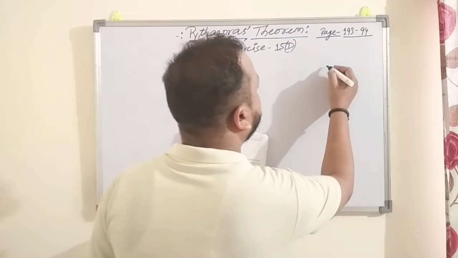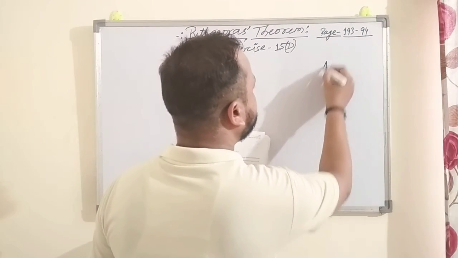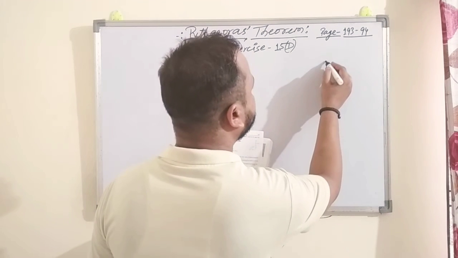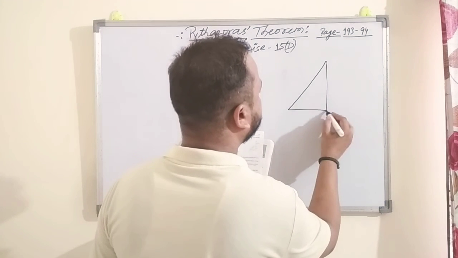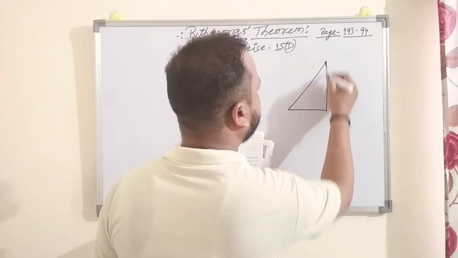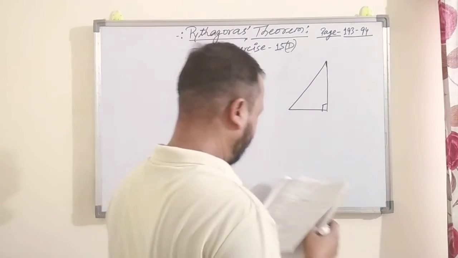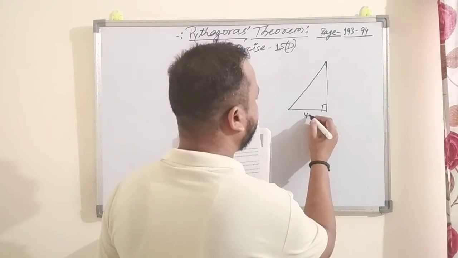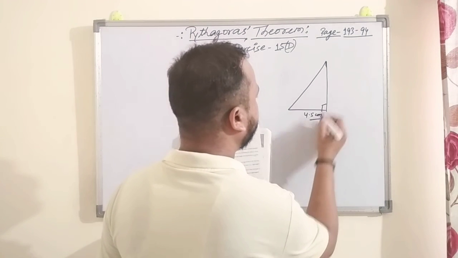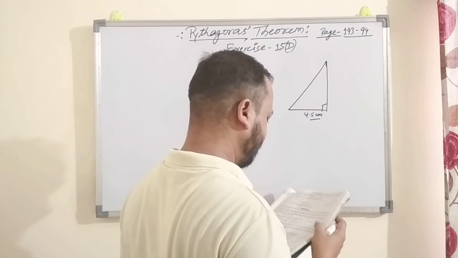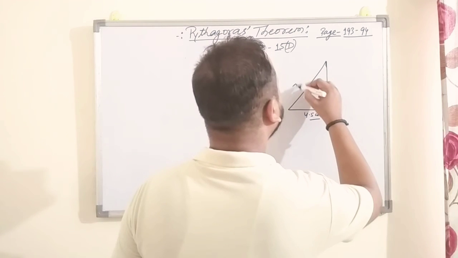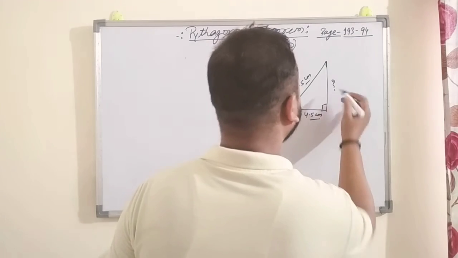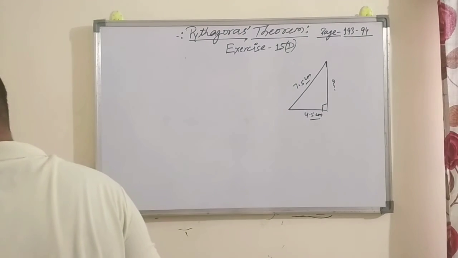So suppose this is a right angle triangle. This is a right angle triangle, right? One side is given as, suppose we have taken it as 4.5 centimeter, and this side is given as 7.5 centimeter. You have to find out this side. So look,